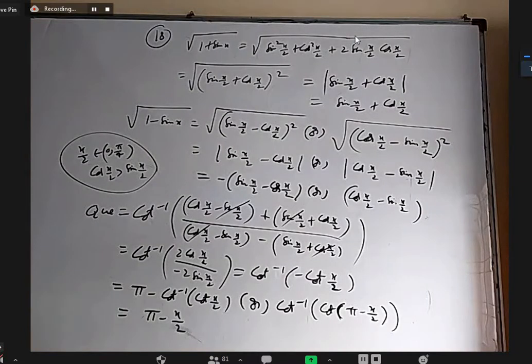We can do it by rationalizing also, no, sir? Yeah, we can also rationalize. Yes, sir, getting the same answer. Yeah, but one thing, when you rationalize, you'll get root 2 root 1 minus sin square x, and then you are going to write cos x. You are going to get 1 plus cos x by sin x or something like that, right? Minus sin x, and we'll get plus cos x by minus sin x. Okay. So we'll write another method also, rationalizing the denominator.